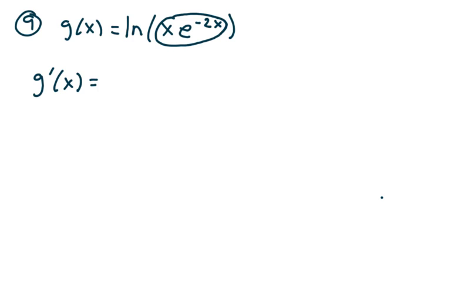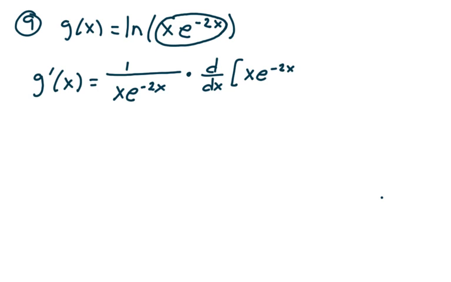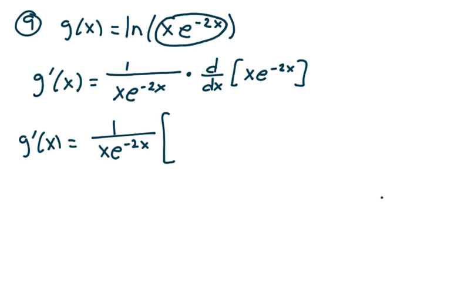So in other words, I'm going to get 1 over the inside function, which is x e to the negative 2x. But I'm going to multiply by the derivative of the inside function. So it's an application of the chain rule. So g prime of x is 1 over x e to the negative 2x times